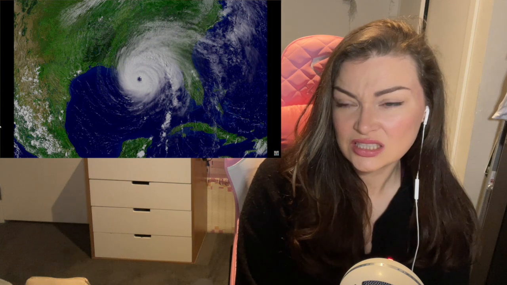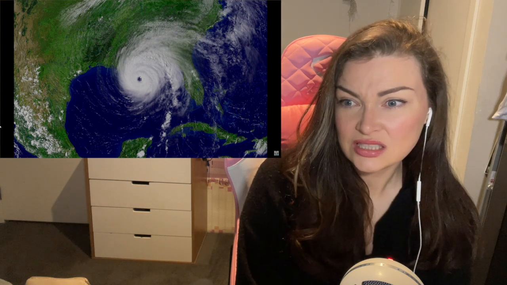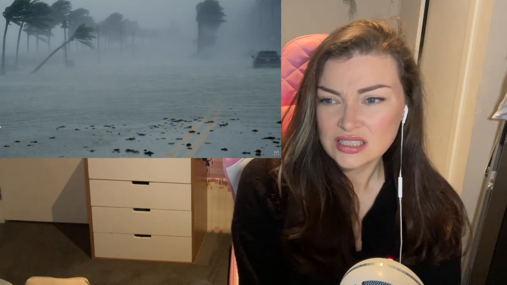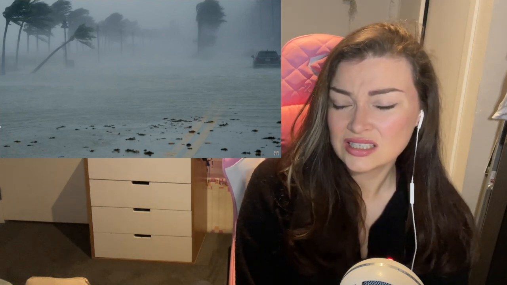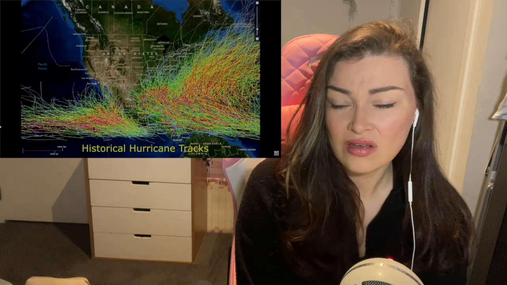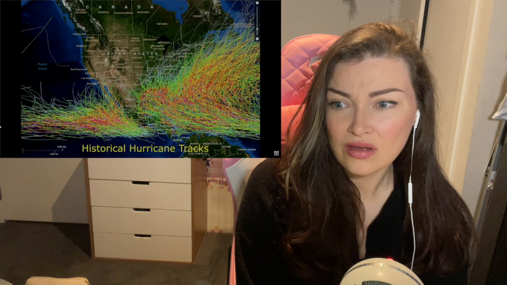Hurricanes need very warm water to be fed. That's what keeps them going. So the warmer the water is going to be, the stronger the storm. And so that's why you don't really get any hurricanes off the West Coast, because the water is just too cold. And the reason why you get so many hurricanes in the summer and fall is because, again,